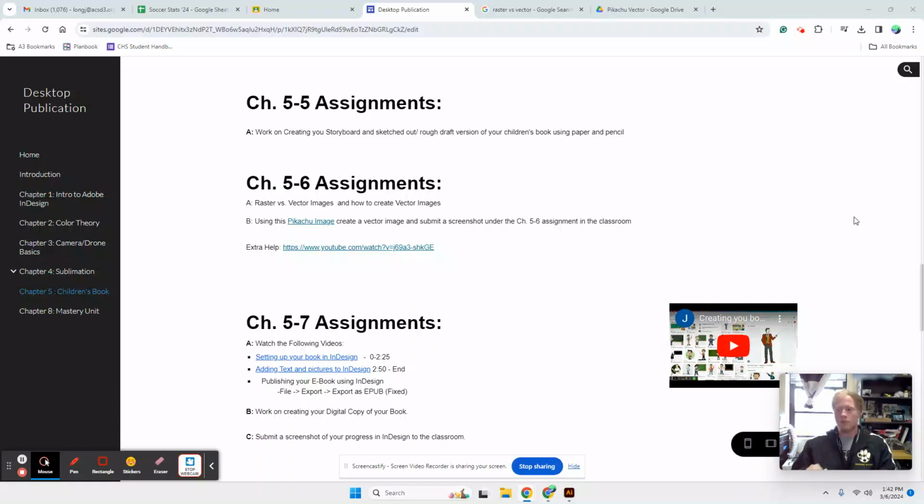All right, guys. So at this point, you should have created your cover photo. We're working on the children's book. So you should have your cover page. That's your first thing, kind of showing what you might want the cover of your book to look like. And then the second thing you should have completed is your storyboard,